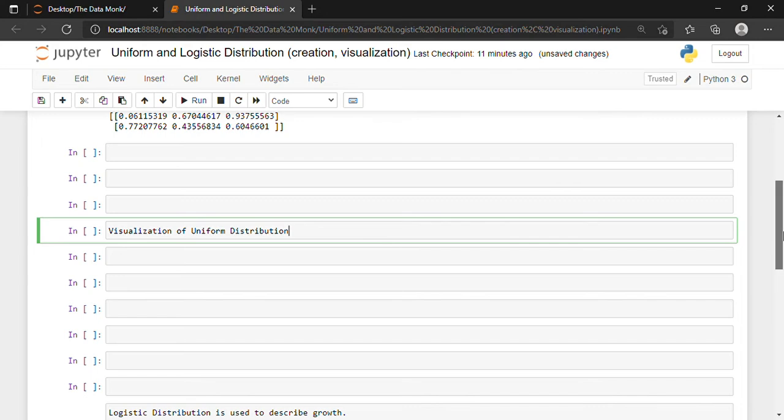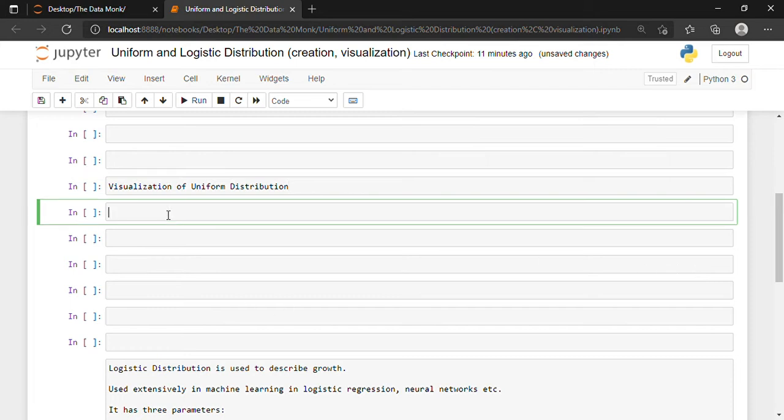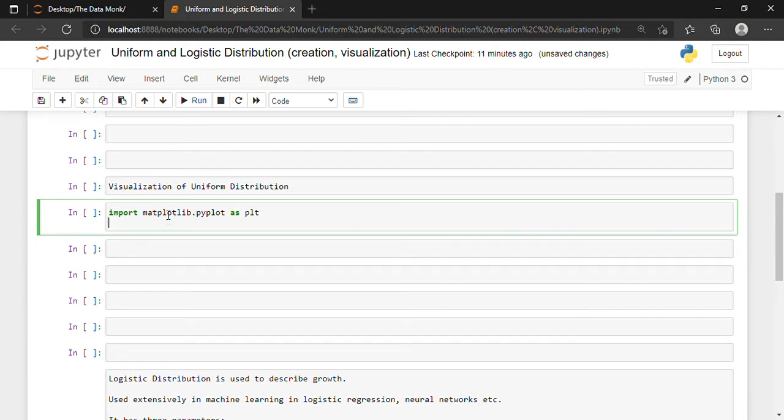For visualizing the uniform distribution, we will have to write a few lines of code. That is, import matplotlib.pyplot as plt, and then import seaborn as sns.